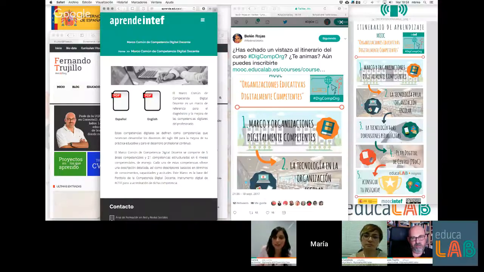So the DigComp framework of citizen competence has been through many years of development and implementation in all the different areas, including also the educational sphere. So to what extent do you, Fernando or Linda, think that this new framework can help us to integrate technology in the classroom? Okay, just to be coherent with what I've just mentioned, for me the framework first can help us